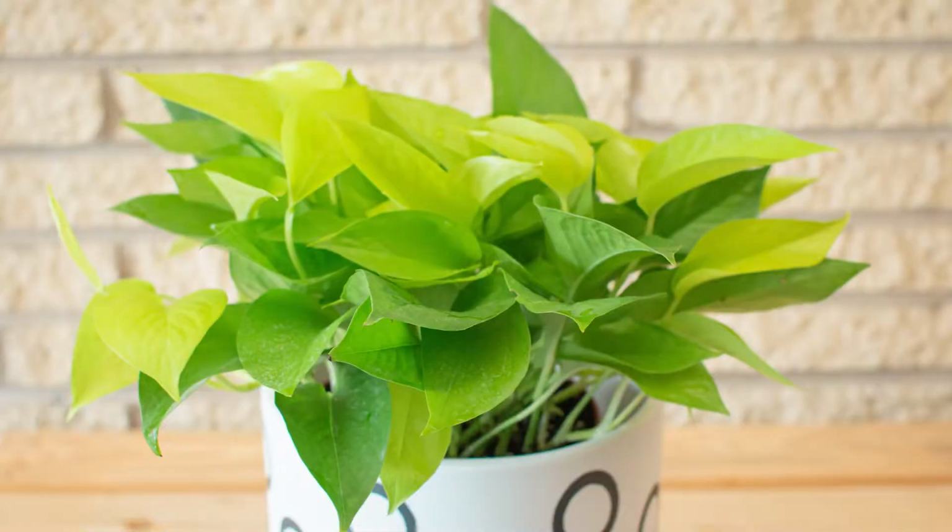These get confused a lot of times with the lemon lime philodendron, but they are not the same at all. This one is a smaller version that I have potted up. I have the larger mother plant upstairs, but you can see how bright green these leaves are. I love the pop of color that it gives. These grow just the same as a golden pothos, but I have found that they do not need as much light. Sometimes they will get a little crispy if they get too much light, but other than that, they are